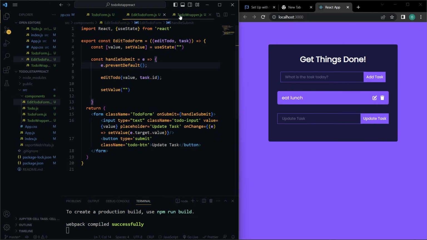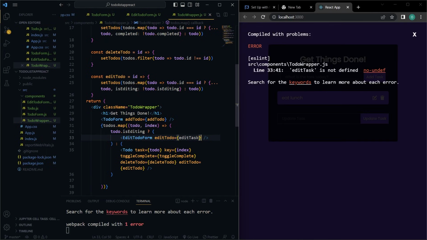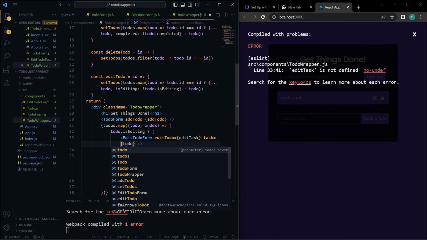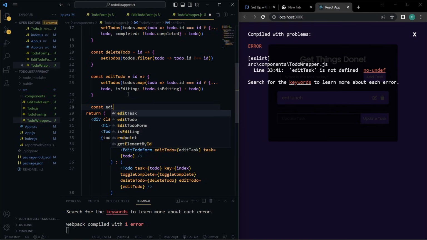So edit to do, I want to say edit to do, and edit to do will equal a function called edit tasks. Let's just call it edit task, and I'll say task will equal to do. Okay, so here we need to create that function edit task,